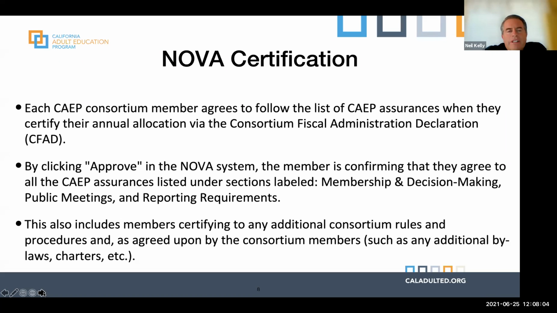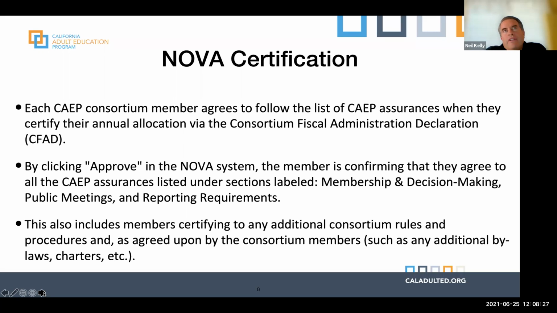The first bullet is each CAPE consortium member agrees to follow the list of CAPE assurances when they certify their annual allocation via the CFAD. And CFAD, for those of you who don't know, is the Consortia Fiscal Administration Declaration. That's why we use the term CFAD. So you're certifying to all those things.